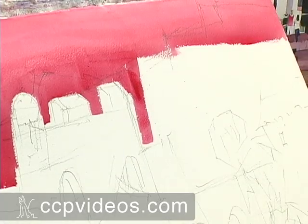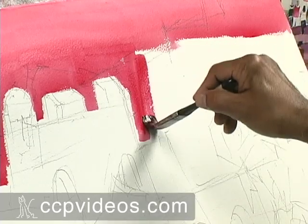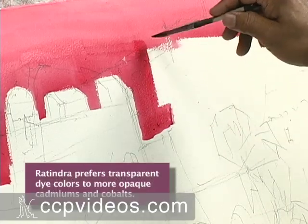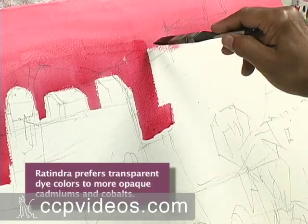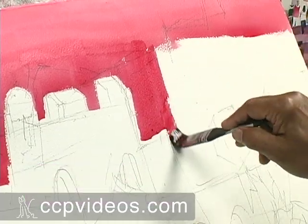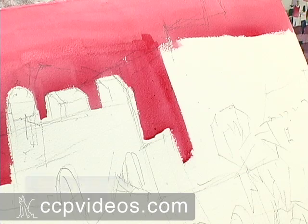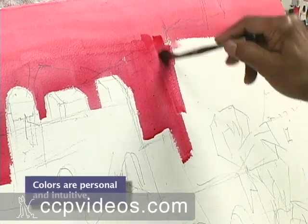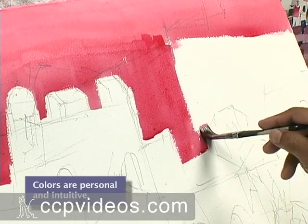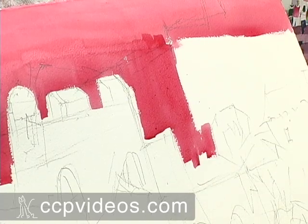I like to keep most of the colors a transparent color, mostly the dye colors, and that's one reason why I chose alizarin crimson. Alizarin crimson is a dye color. It's very clear and it's very transparent. If you choose heavily pigmented color, for example, burnt umber or even French ultramarine blue or even cobalt blue, these are pigmented colors, and they tend to form more